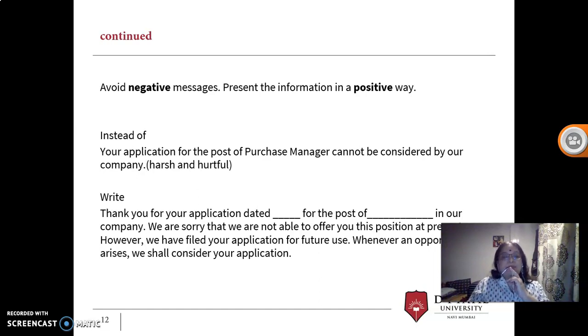Now, I'll give you an example which is there on your screens. Your application for the post of purchase manager cannot be considered by our company. Now, how rude and how harsh and how hurtful this sounds, especially if you're a young person looking for a job. So, a better way would be, thank you for your application dated dash for the post of dash in our company. We are sorry that we are not able to offer you this position at present. However, we have filed your application for future use. Whenever an opportunity arises, we shall consider your application. This is much better, and at least the applicant who is rejected will not feel